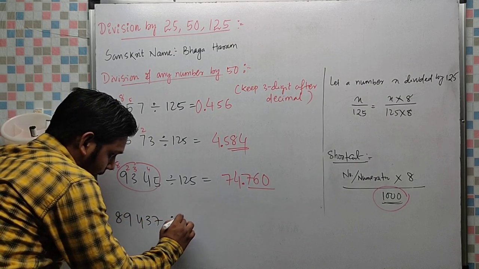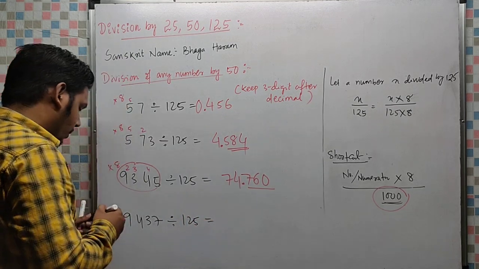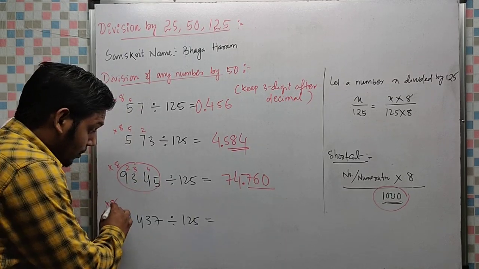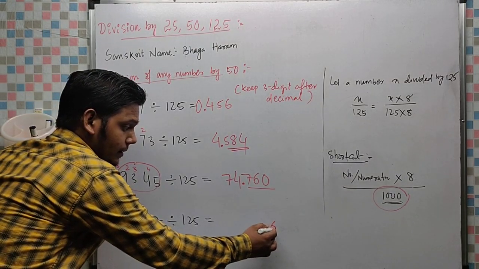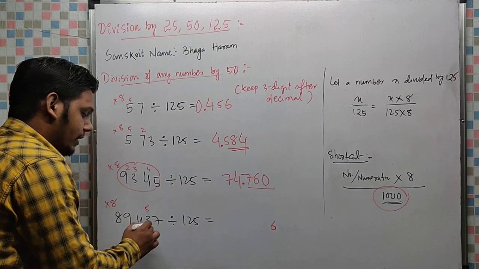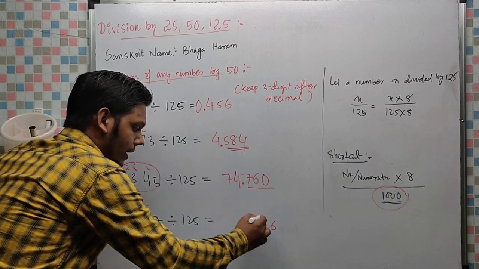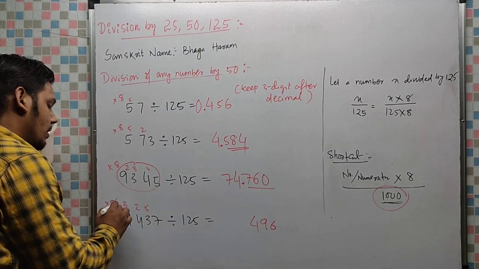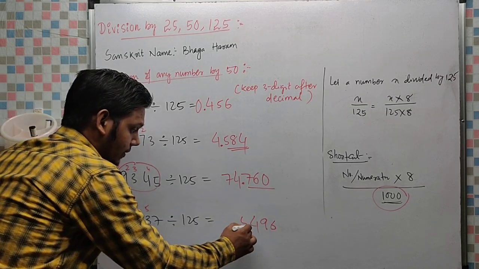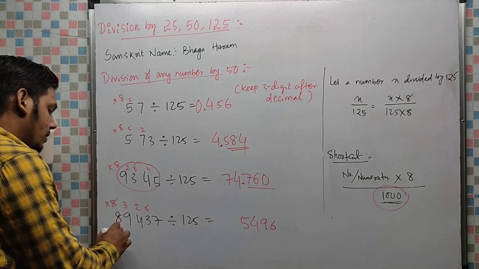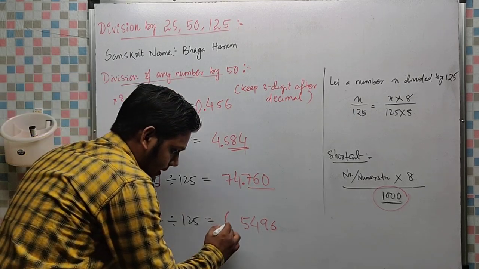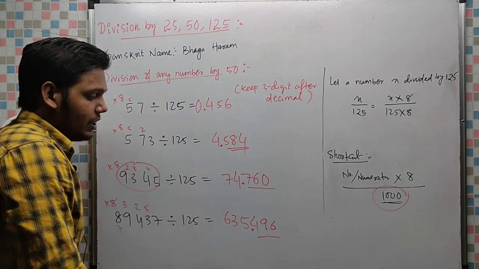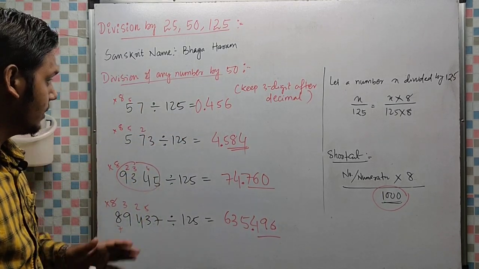Or any 5 digit number, suppose you are doing 89437 divided by 125. Same method, you have to multiply 8. Now what you have to do? 8 7 56. So 5 8 3 24 and 5 29. Here 2 8 4 32 and 2 34, 3 8 9 72 and 3 75, 7 here. So 8 7 56 and 7 63. 3 digit you have to count. Here you have to put decimal. So 635.496. This is the way.